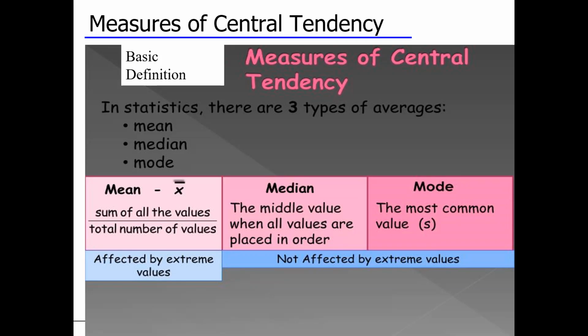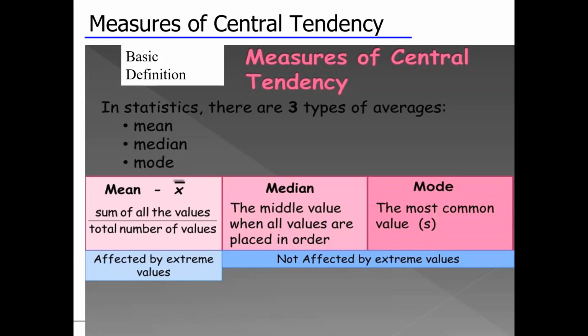Suppose I have 10 students and I have collected their marks for statistics. Now almost 8 students have secured marks in the range of 60 to 70. So obviously we are expecting an average or mean in the range of 60 to 70. Now suppose the last 2 students have secured 100 on 100. So what will happen? The average will automatically go above 70, which is not actually the correct picture.